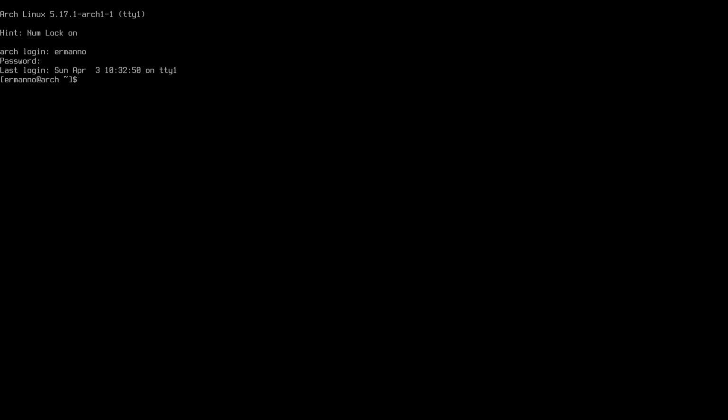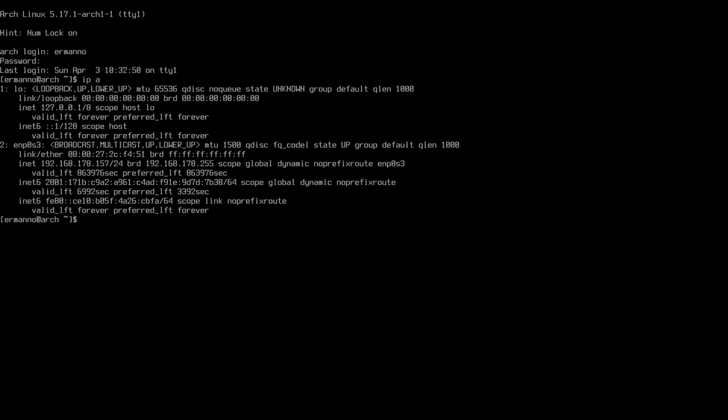You can see now it's asking us for the passphrase for our encryption. So let's enter that. And now we should be able to boot up our machine just fine. So you can see we have a login prompt. So I'm going to type in my username here and the password. And now we are in our new installation. So let's check first if we have an IP. So ip a. So you can see there I have an IP ending with 157, and that's because I'm